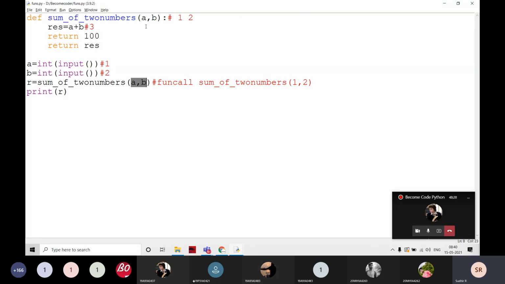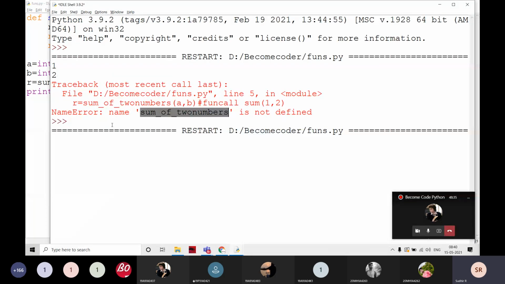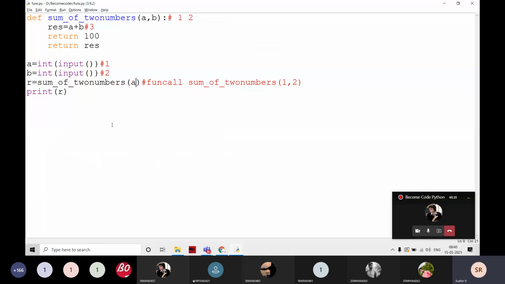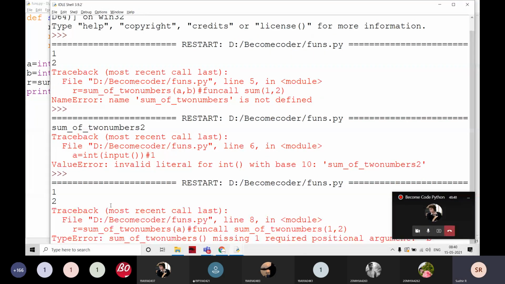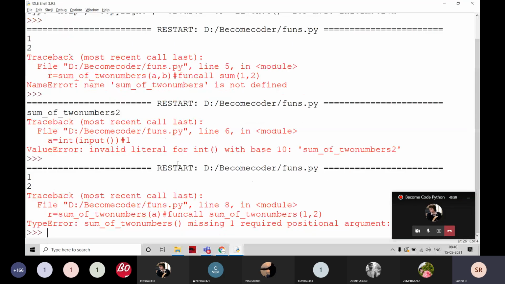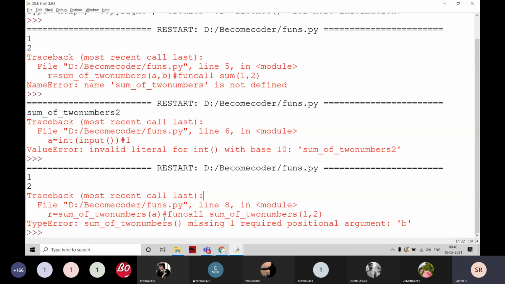For example, if the syntax is not matched, for example, here I am passing only one argument, but here it is two arguments. Just observe here: sum of two numbers missed one required positional argument b.